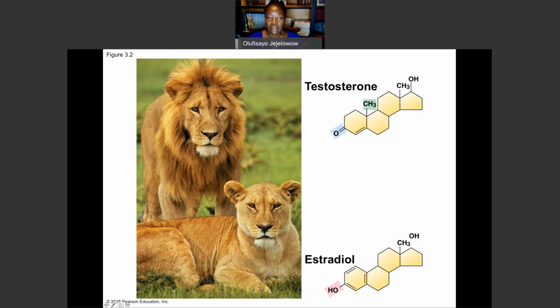And look at this, testosterone producing male, so different from the female, just on the basis of differences in these side functional groups. So the structure of the chemicals that make up the body parts eventually results in the magnified appearance that we see in the organisms that they constitute.